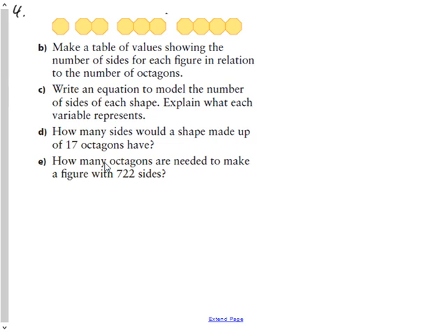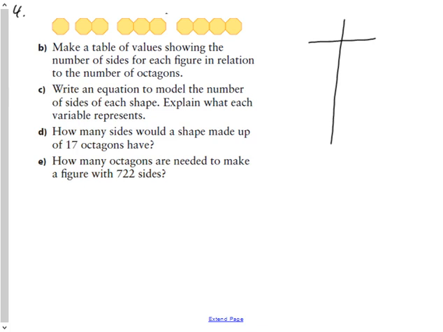Okay, this is section 6.1 in our grade 9 MathLinks textbook on linear relations. So the first question that we did today is question 4. It says make a table of values showing the number of sides for each figure in relation to the number of octagons. So whenever you're given patterns, either with pictures or with numbers or whatever, and you make your table